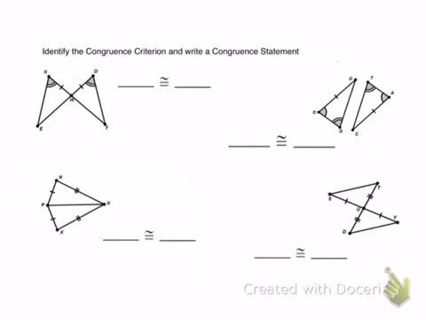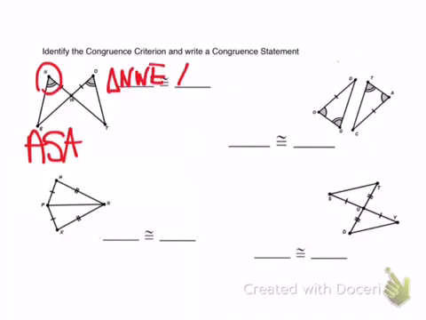Next, identify the congruence criterion and write a congruent statement. So if I look at these, I can see that this is an angle mark, this is a side mark, and I can mark my vertical angles. So the congruence criterion would be angle-side-angle. And then I would want to name the congruent triangles. Remember, you have to match up corresponding sides. So if I start with N, I can go N, W, E. And that's going to be congruent to